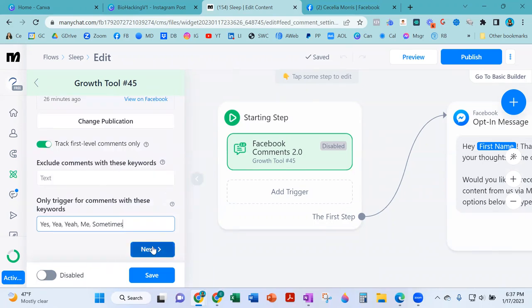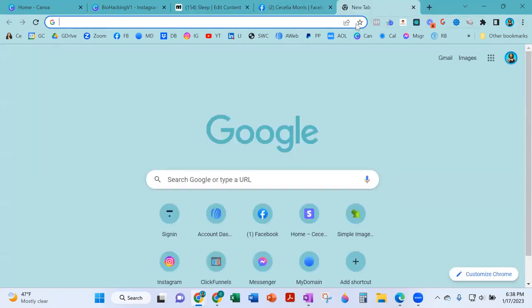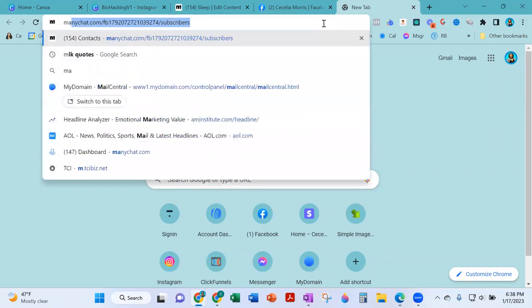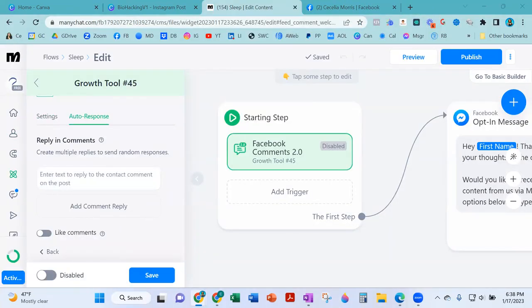All right, so the next thing we're going to do is set up our auto responses. I've already got some auto responses set up. I've actually already got this whole thing set up. I'm only doing this for the purposes of this conversation. So I'm going to open up another ManyChat so I can copy paste what I've already got built in there. But you're going to add this in here and I'm going to show you how to do it. And I'm actually going to move this over to another screen so it's not distracting to you